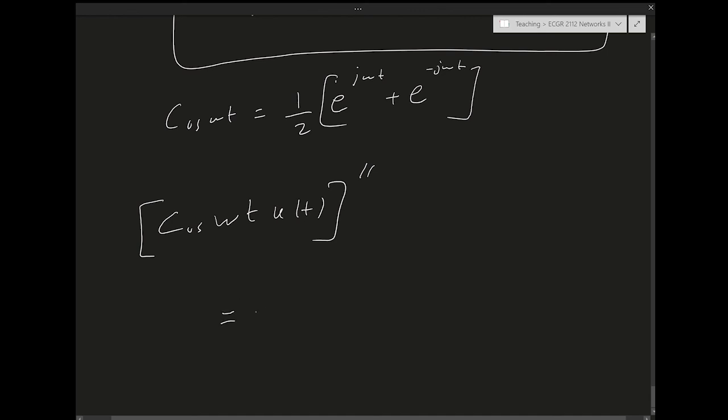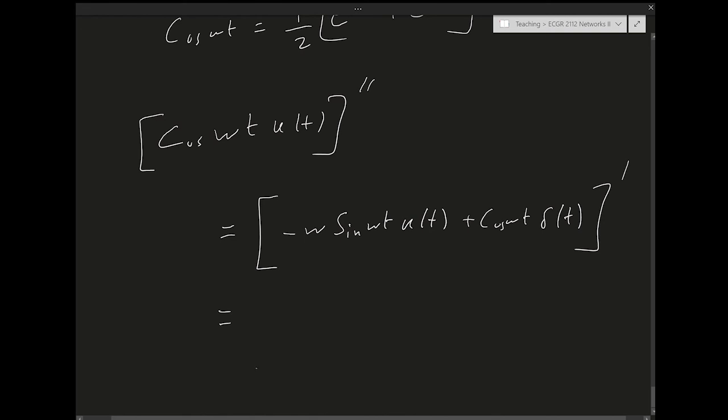Differentiating the first time, I end up with minus omega sine omega t u of t plus cosine omega t delta t prime. Right? I don't want to substitute the cosine because I still have to differentiate again. So when I differentiate again, I end up with